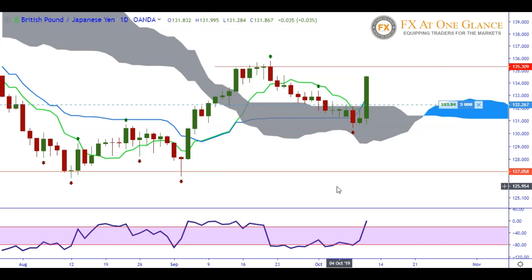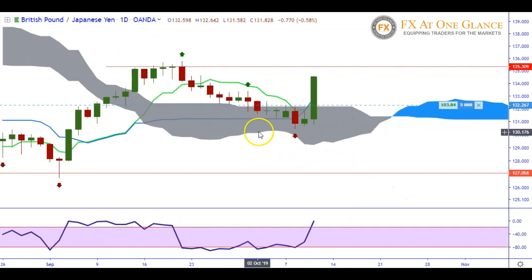I got into a trade looking at a Kumo breakout here, which was at this level up here where you could see the entry. So I entered the market at this level,